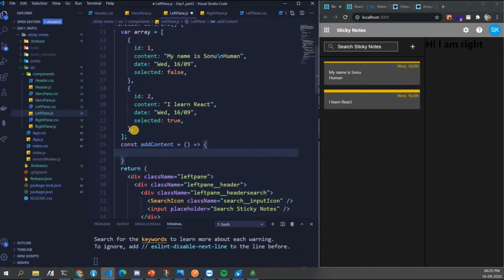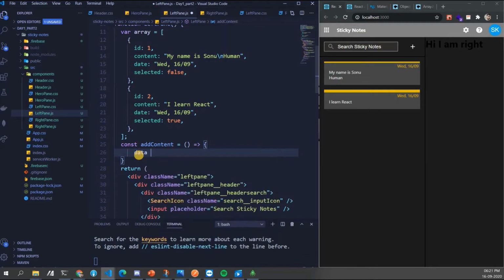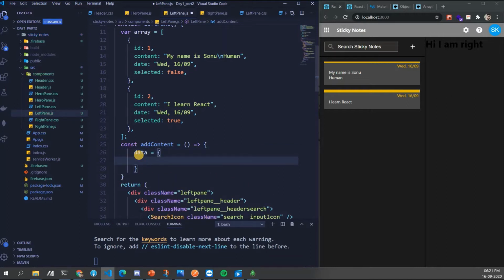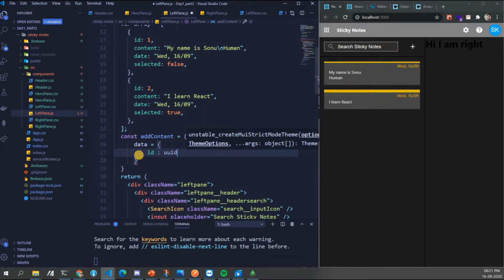Always remember, guys, there are different ways of inserting data into an array. One is array.push. So let's say my data on adding is, let's give it an ID. What to do for unique IDs?